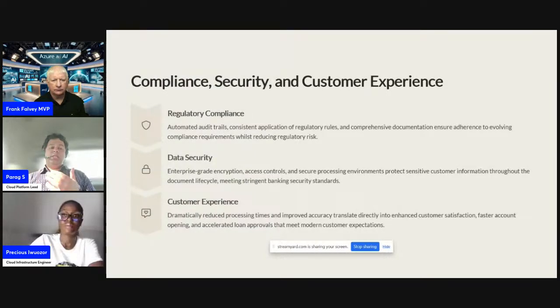So it can, as I said earlier, the security and customer experience. It will have the data security. It will have the